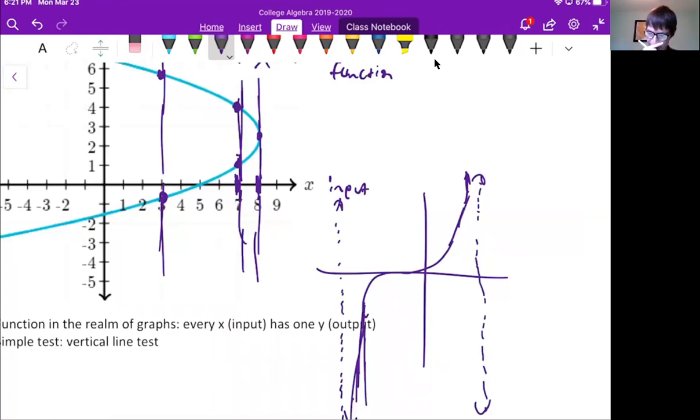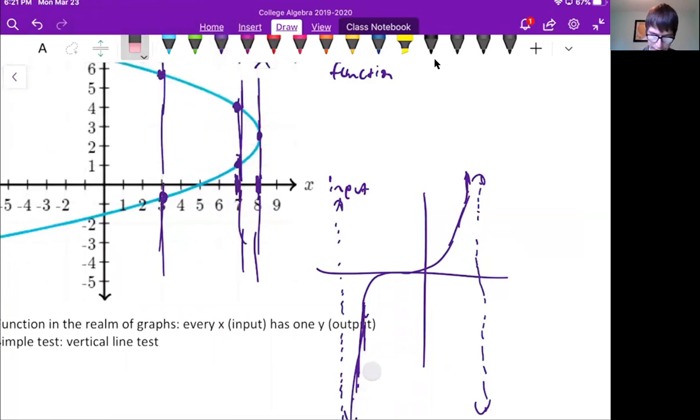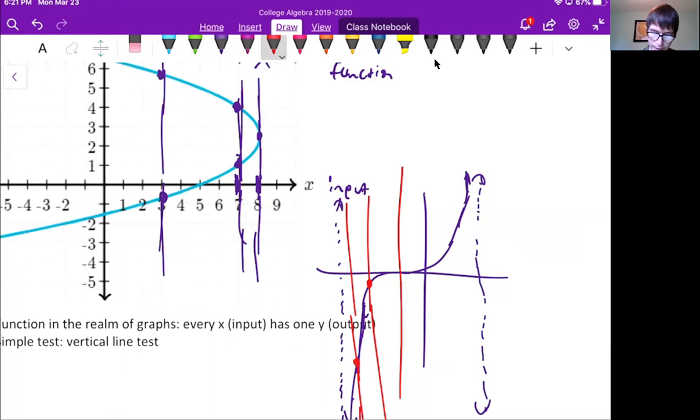And the vertical line test says we have to draw a bunch of vertical lines and see if it ever touches 2 points at once. So let's first get rid of this extra bit down here. That's a bit of a mistake. All right. If I draw some vertical lines this way, this vertical line only touches 1 point. This vertical line only touches 1 point. 1 point, 1 point. This vertical line only touches 1 point. This vertical line only touches 1 point. If I also draw a vertical line even beyond the asymptote, over here,